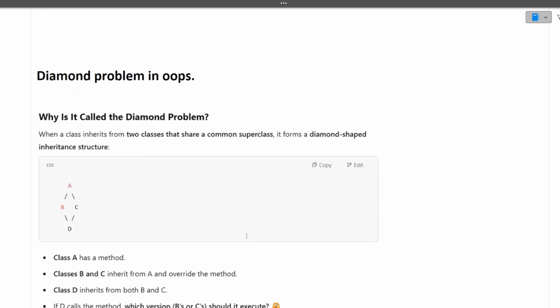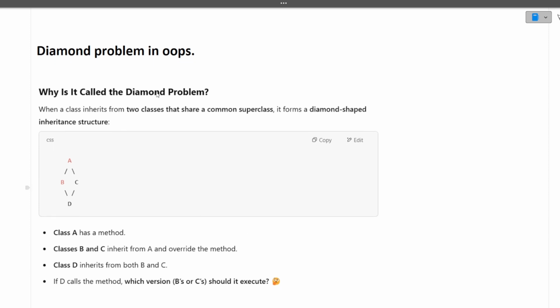Next question is the diamond problem in OOPs. Why is it called a diamond problem? See, if there is A, and B and C inherit some of the functions from A, and then there is D, and D is inheriting the function from B and C, this is the classic diamond problem. Class A has a method, and classes B and C inherit from A and override the method.